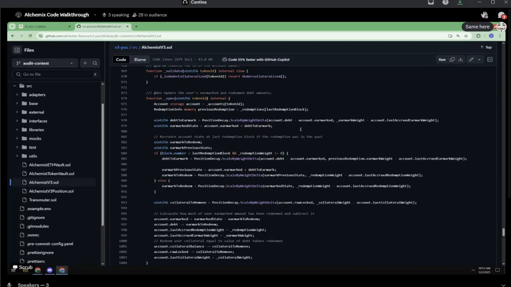So we have regular debt, we have earmarked debt, which is debt that's been flagged for future redemptions but is still in your account. And then we have redeemed debt, which is when somebody actually claims from the transmuter, then that debt gets removed from your account, and also an equal amount of your collateral is redeemed, because your debt goes down and that collateral that gets redeemed gets sent to the transmuter so that that user can get their swap off at the end. We're also storing a third weight,